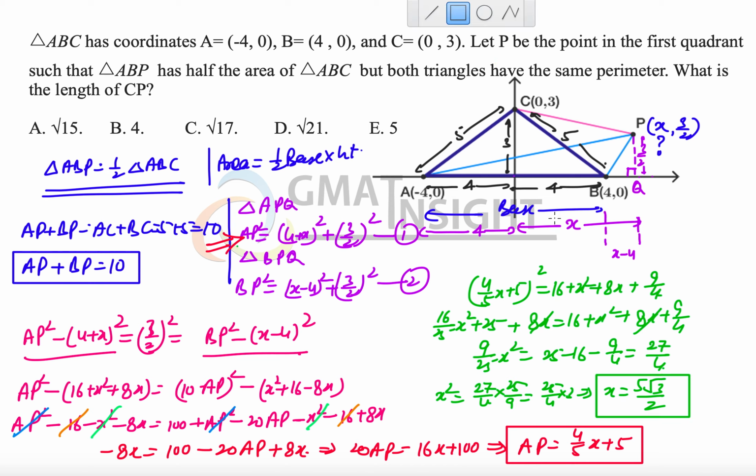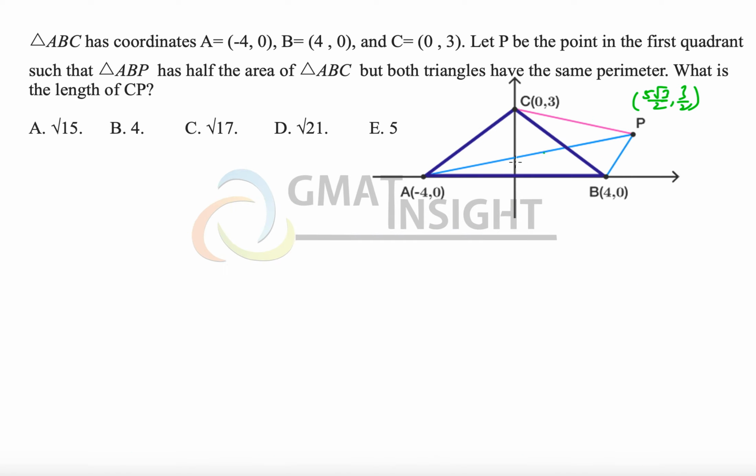Now so far we have done a lot of calculation and we have got the exact coordinates of this point, and which are 5 root 3 divided by 2. Okay, let me just write it on the next board. So the coordinates of point P now become 5 root 3 divided by 2 comma 3 by 2, and now we need to find out the distance PC. So I am just erasing this so that I can find out the length of PC.